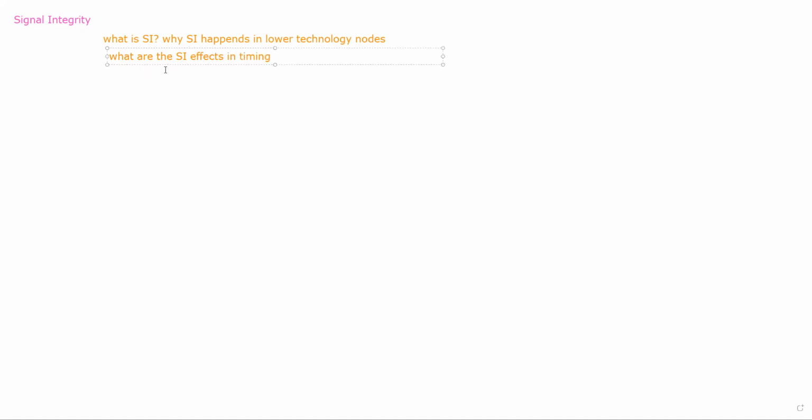SI effects in timing are nothing but noise and crosstalk. Someone says antenna effect. Antenna is not SI, guys. It's completely different. It's a reliability issue. It's not a part of signal integrity. Noise or crosstalk, these are the main things which come due to SI. Electromigration, latch up, and antenna effect